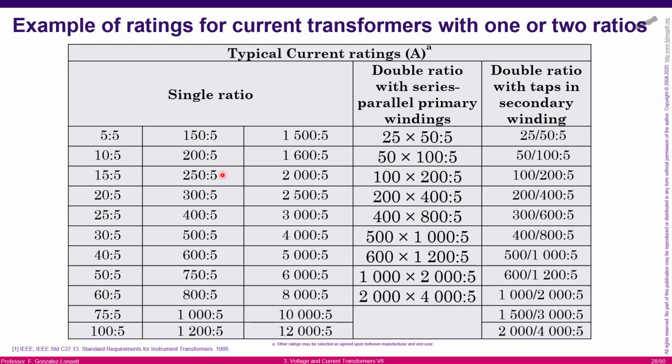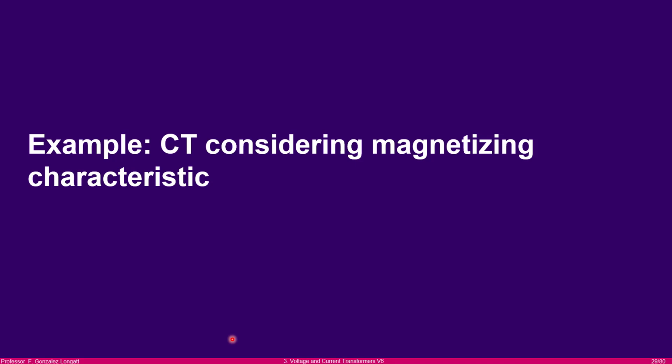If you want to see the full table and get more information, please feel free to visit the IEEE standard C37.13, where all the standard requirements for instrument transformers are presented. Okay. Now, the main conclusion here is that real CTs have a magnetizing curve that defines how the magnetizing branch changes, okay? And I would like to explore with a basic example how the magnetizing characteristic affects the performance of the current